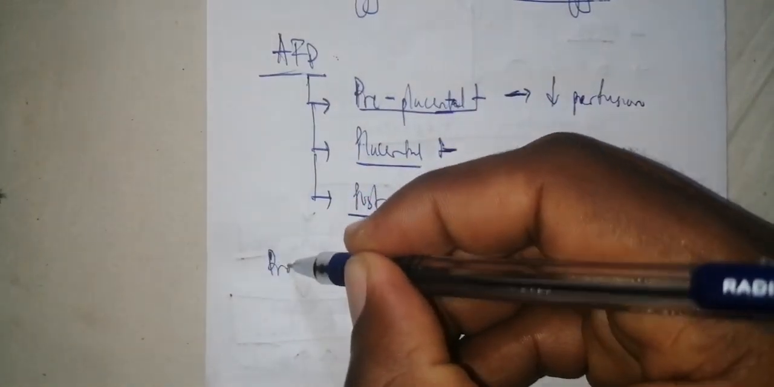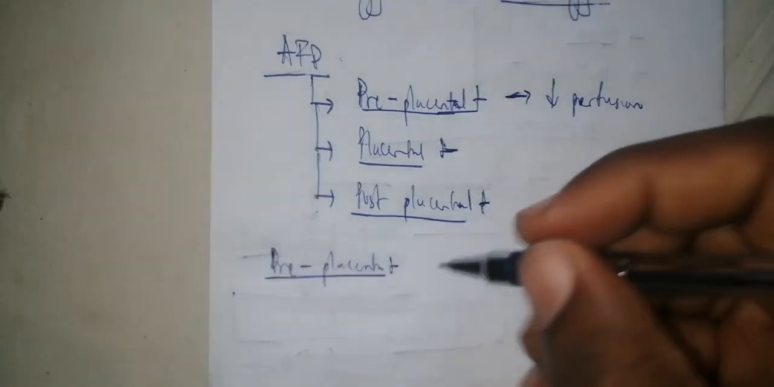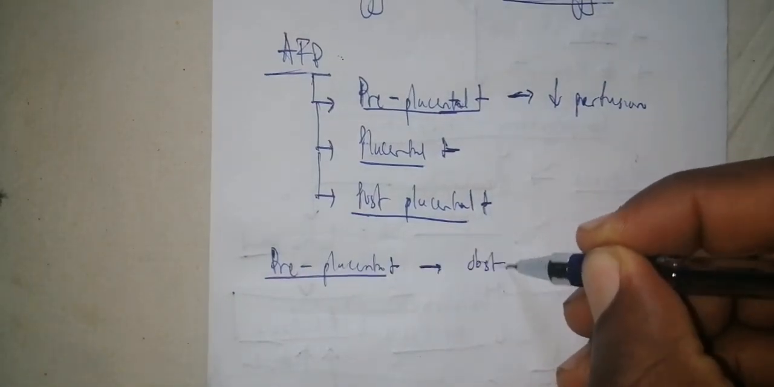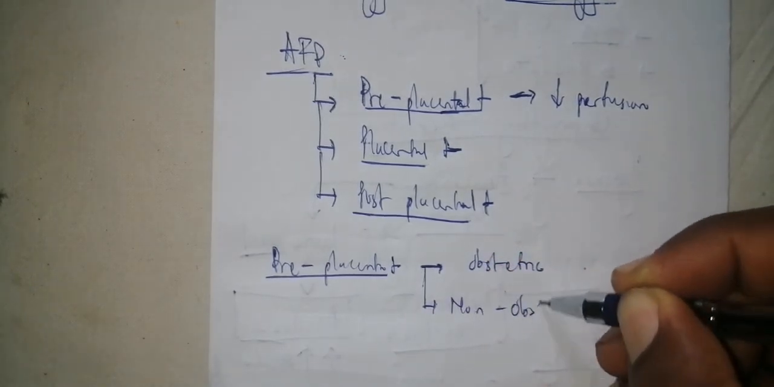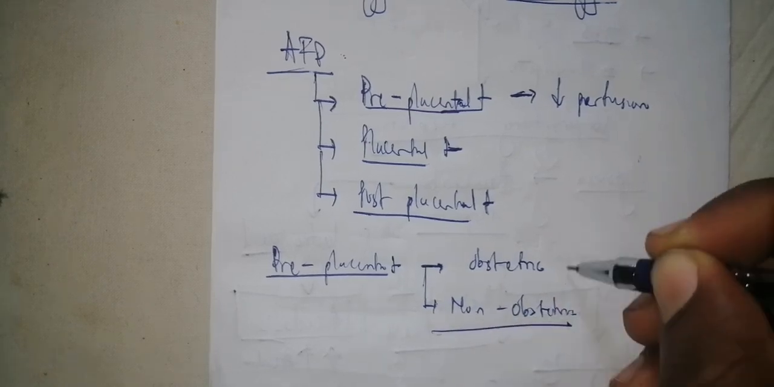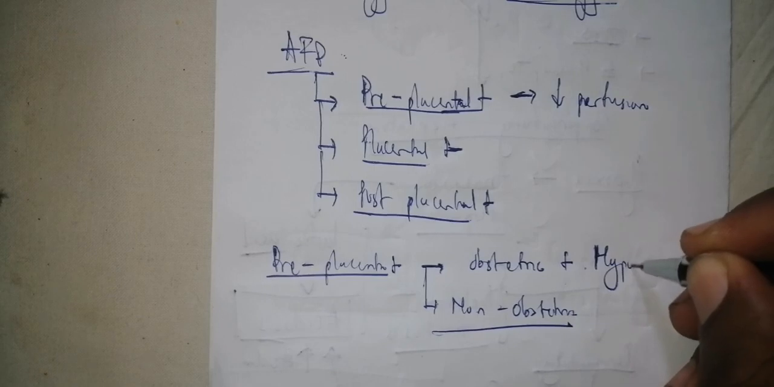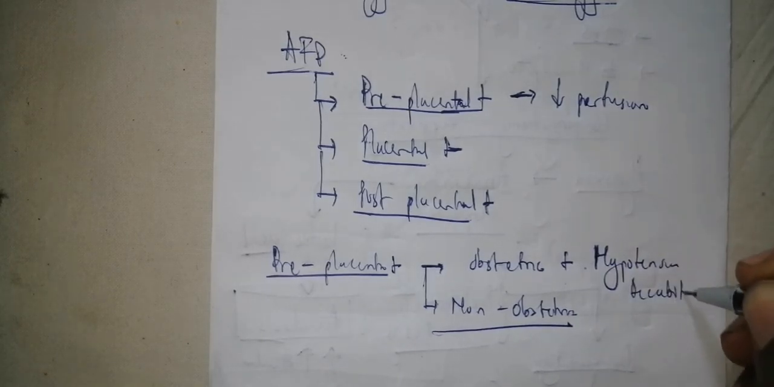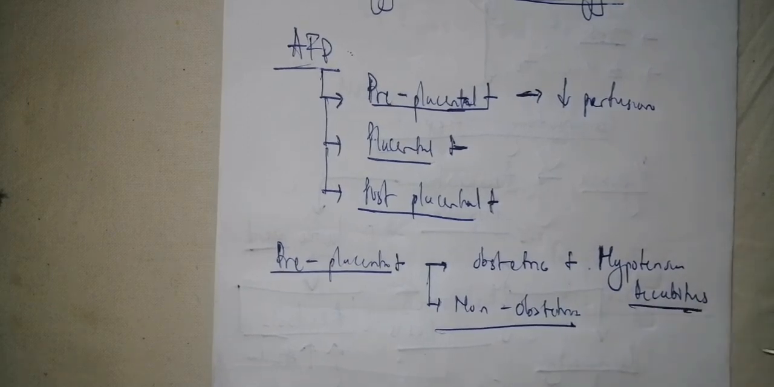So under the pre-placental, what are the etiologies? When you want to split the etiologies here, it is better to divide them into obstetric etiology and non-obstetric etiology that can reduce perfusion to the placenta. For the obstetric etiology, we have hypotension of the decubitus. So decubitus hypotension means that this is the cause why you are going to have acute fetal